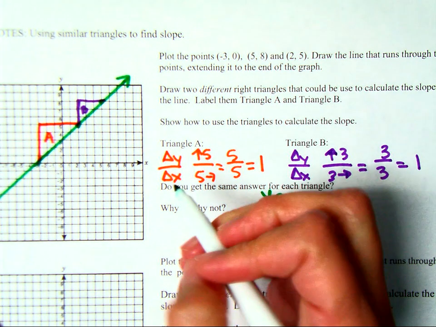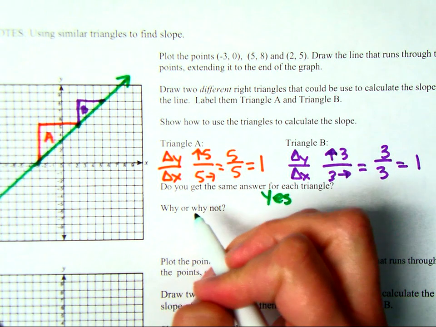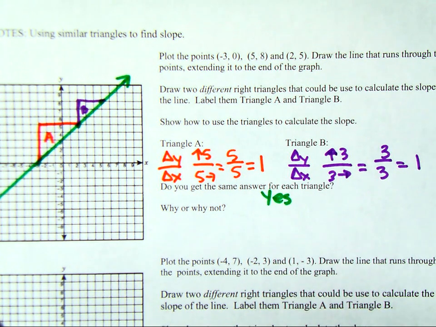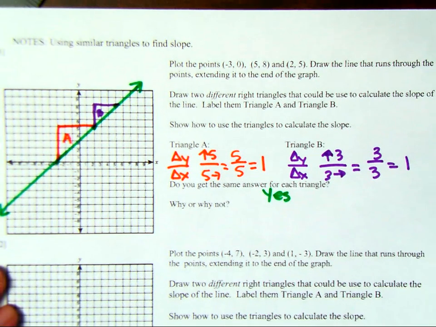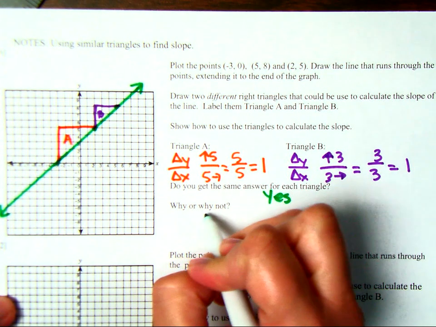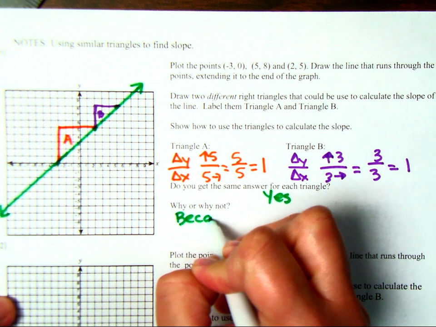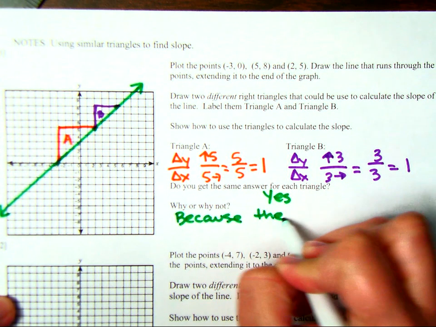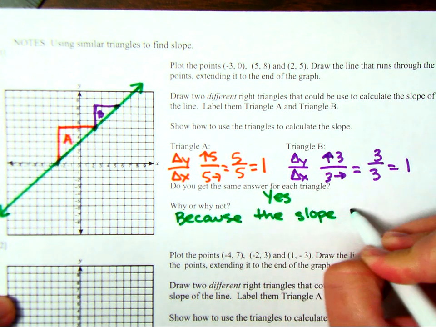Okay, so why or why not? We're going to say, I got the same answer because the rates are equivalent, and similar triangles are actually proportional. So if something is similar, they're a proportional relationship, and we're going to talk about that as well. So we're going to say, why or why not? Because the slope, the constant rate of change,